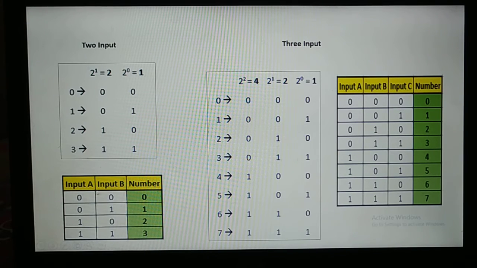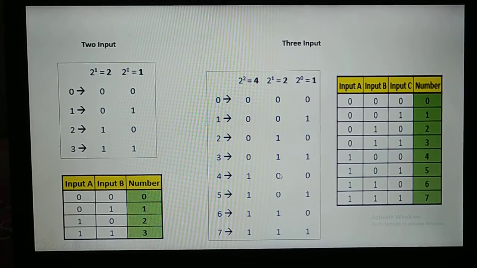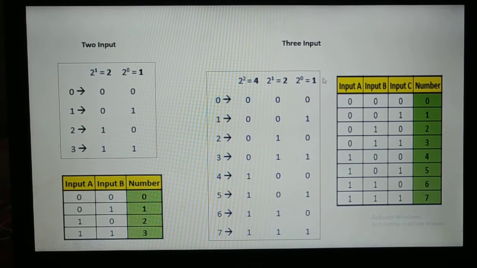Like you might have seen this type of input in OR, AND, NOR, NOT, NAND and all those gates. So let's consider if you have 3 inputs, though it is not part of your syllabus. I told you already in the last lecture as well, but still we'll try to see how it is. So 2 raised to 0 is 1, 2 raised to 1 is 2, 2 raised to 2 is obviously 4. That you already know. So for this column, if it is active, in the sense it is high, then we have to take 1. If it is low, we will have to take 0. Same goes for this column as well. If the gate is high or the value is 1, you have to take 2 in that place, otherwise it is 0.